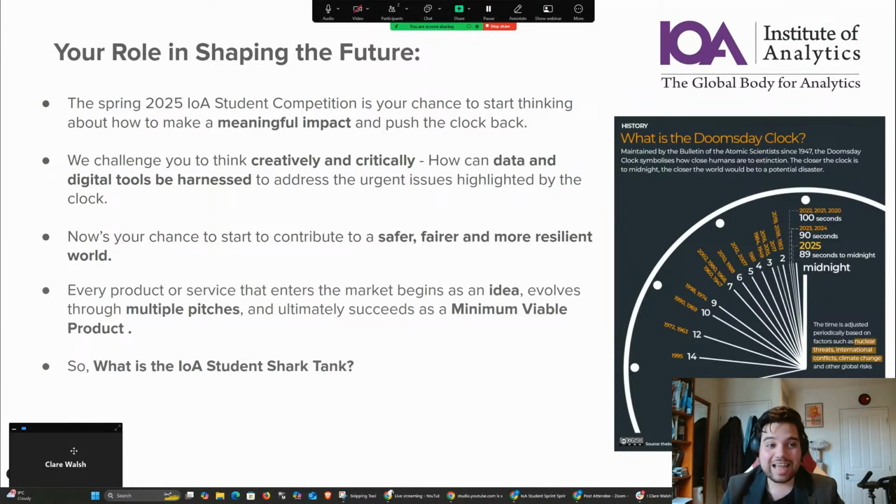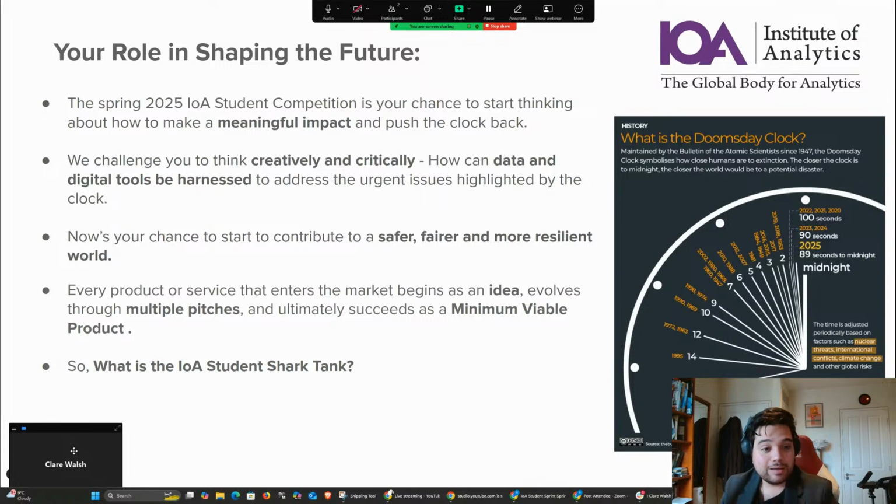As data scientists, as data analysts, or any form of analysts, your job will be to find solutions to problems and use the data you have available to you to be proactive and help people and create an impact. So we challenge you now to think creatively and critically about how data and digital tools can be harnessed to solve the problem of the doomsday clock. We are looking to try and find a way to push the hand back to 90 and hopefully further back